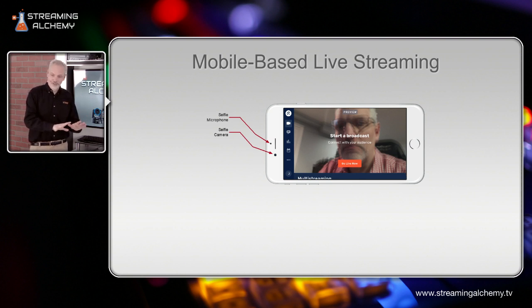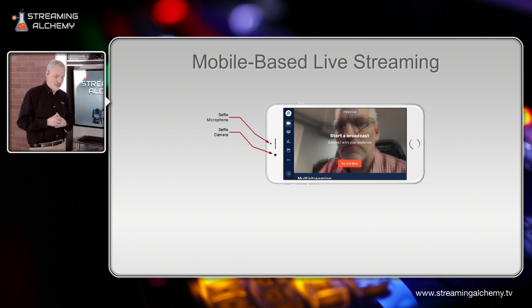On the front-facing side, the side with the screen, you actually have a camera and a microphone that you can use to record yourself. So when you use your mobile device as a live streaming device using these front-facing camera and microphone, you're actually doing what would typically be called a selfie stream, something where you're looking at the camera talking, discussing some topic of interest to you and your audience,